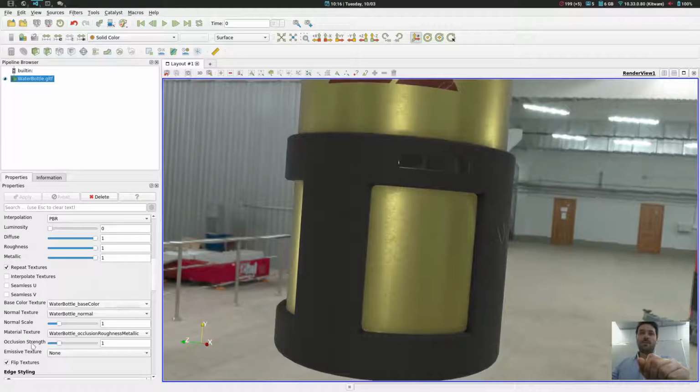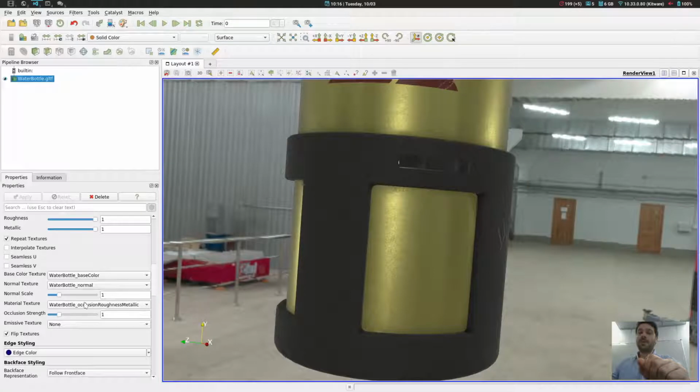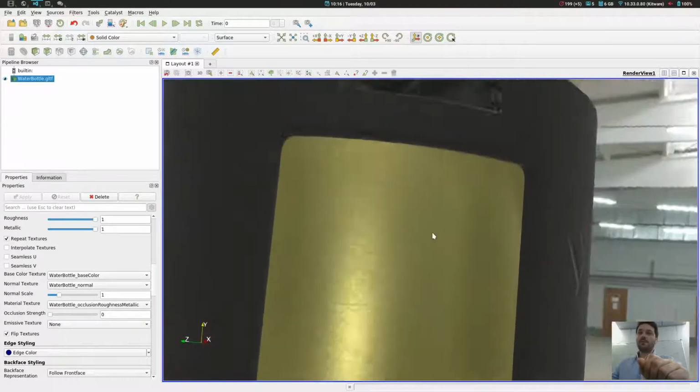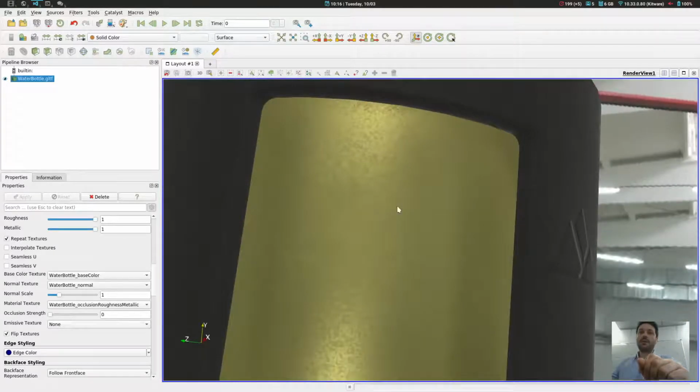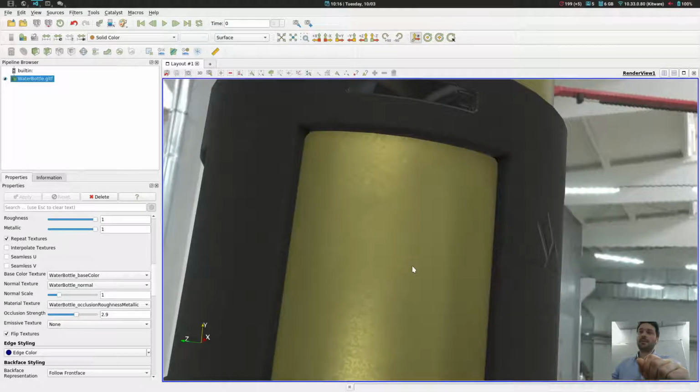The slider here is to modify the occlusion strength, because the occlusion cannot be a global material parameter. So having a slider here will control the occlusion contribution on the material. If you see here, we don't have shadow because the property is set to 0, but you can increase the contribution and get a very cheap way to have ambient occlusion.